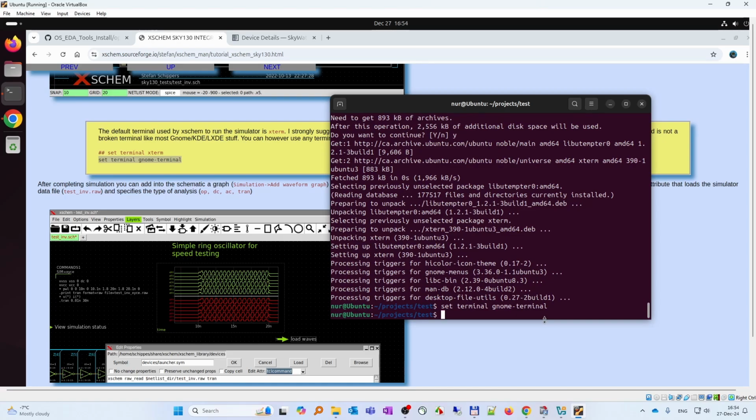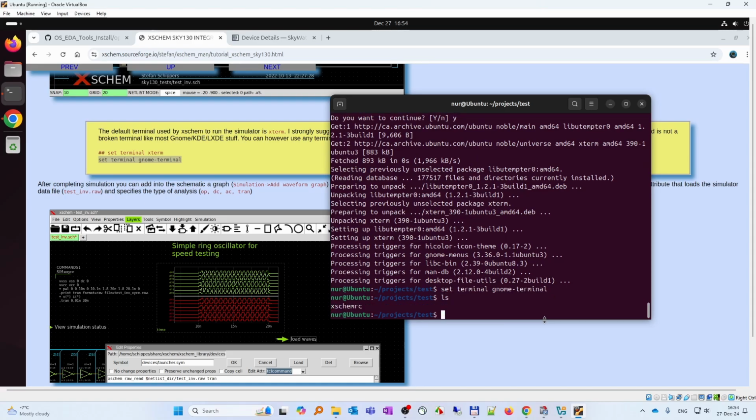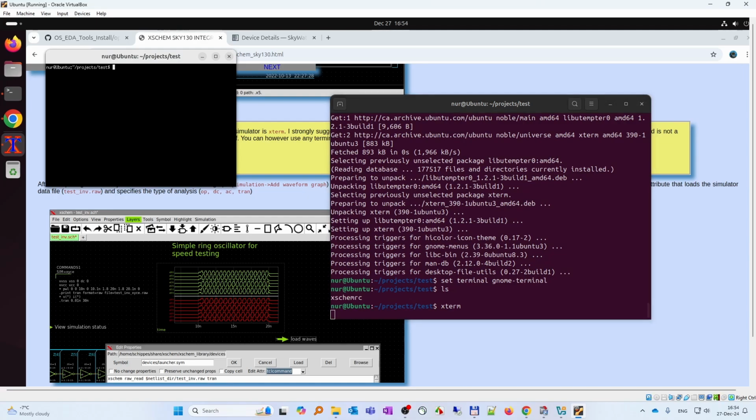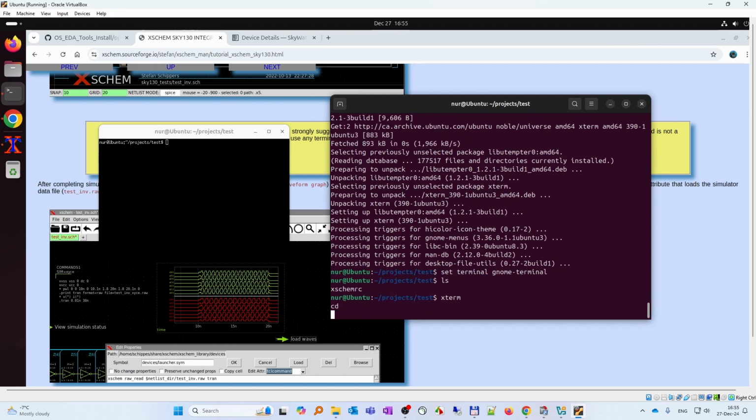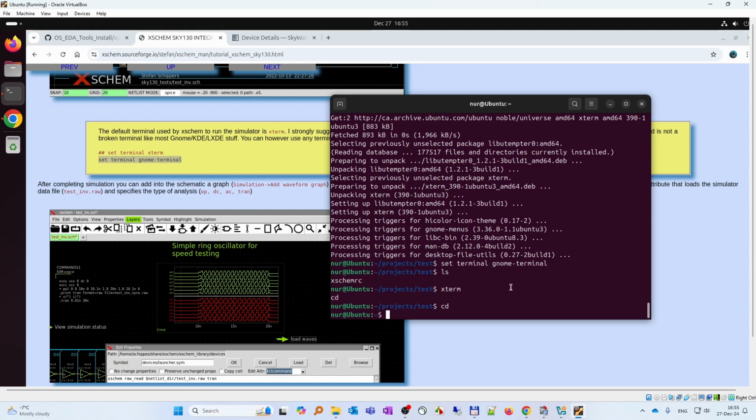Okay. Now, did we copy that? Yeah, we already have this Xschem, right? So instead of invoking Xschem here, first open the Xterm. It will open up this one and free up this one. But one little detail here: as you can see, the terminal here we are not able to use, unless we close this Xterm. So the best way is to,